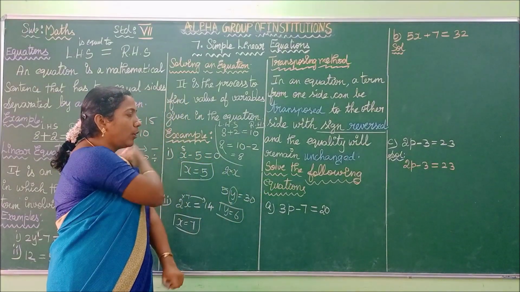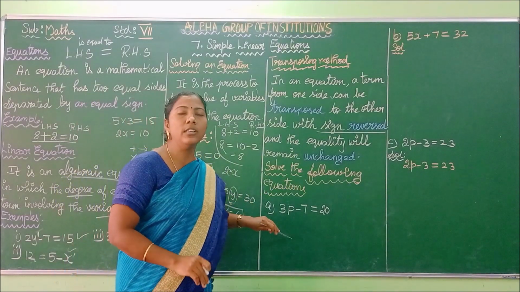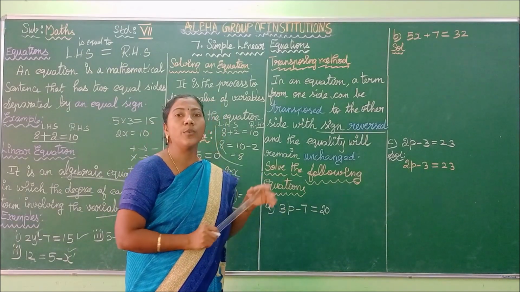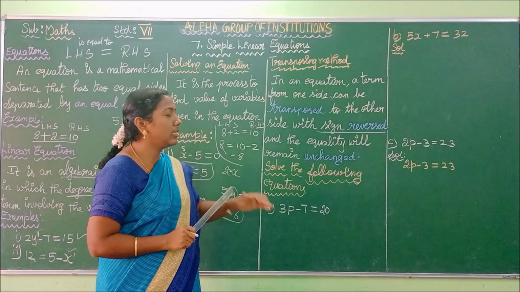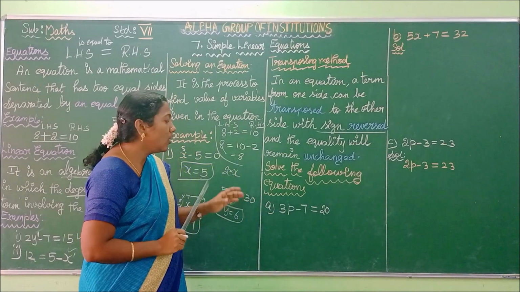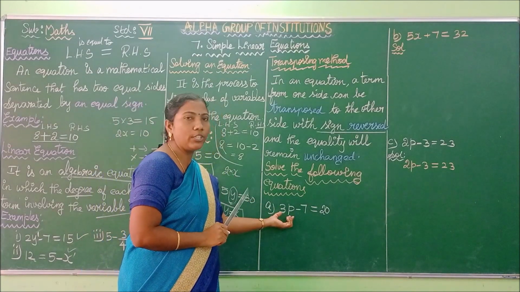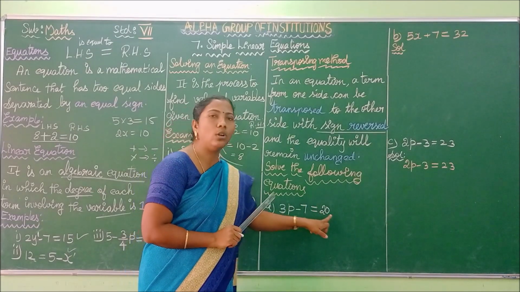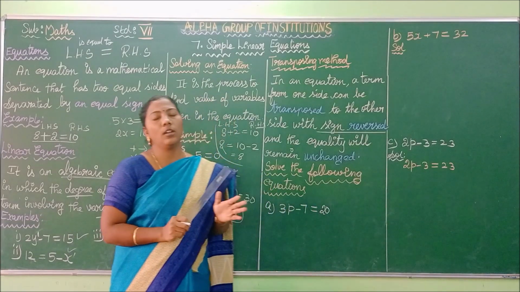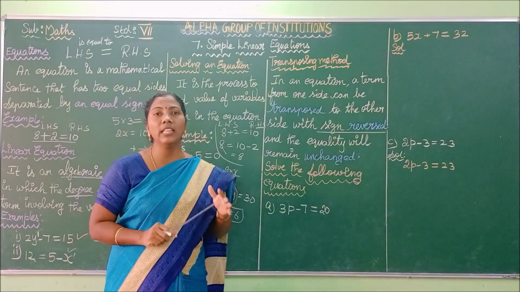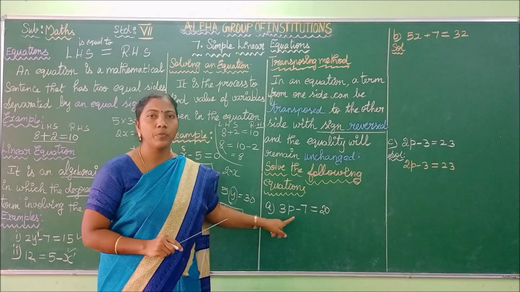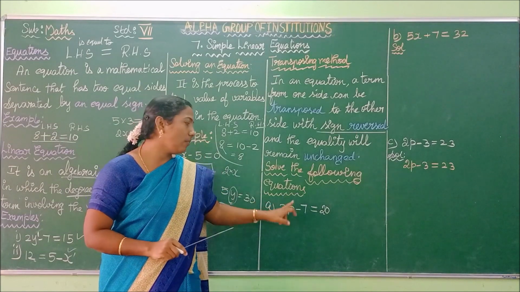Now we are going to solve the equation. Listen carefully. You have this linear equation up to the higher secondary. Okay, so this is basic. So listen carefully. First we are solving this equation. Read the equation: 3p minus 7 equal to 40. Keep this thing always in your mind, children. To find the value of the variable, which is the variable here, p. Now we are going to find the value of p.